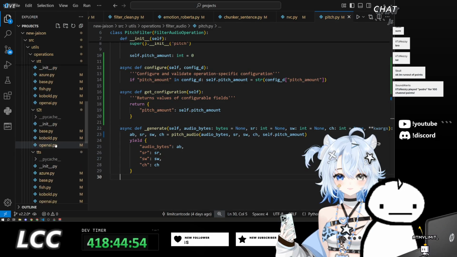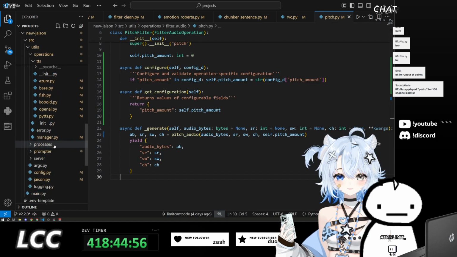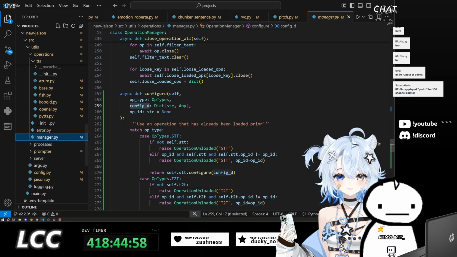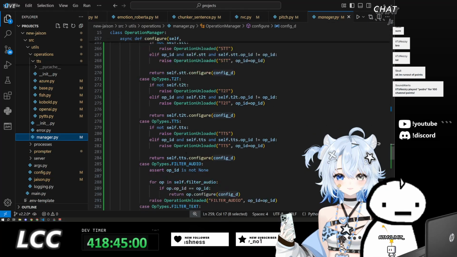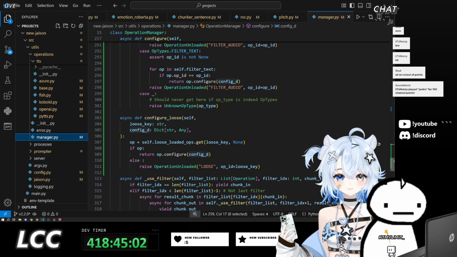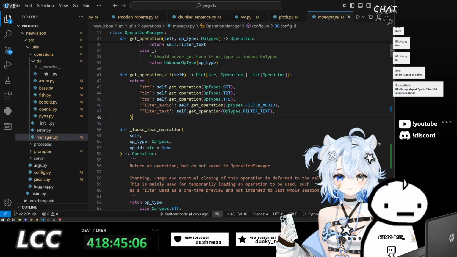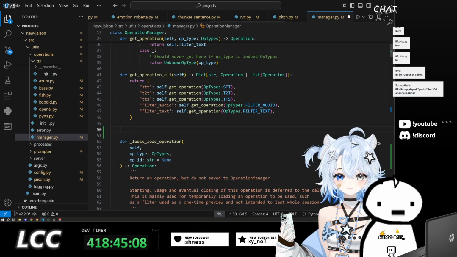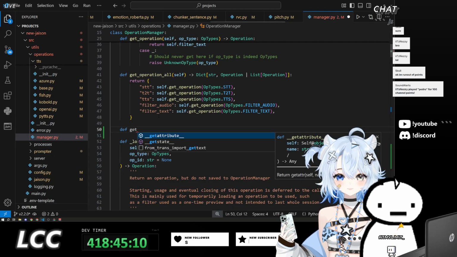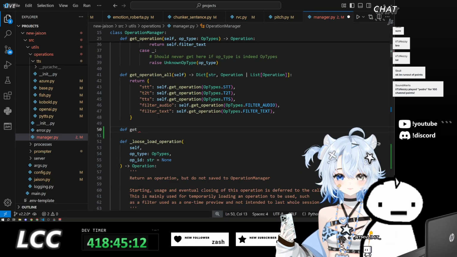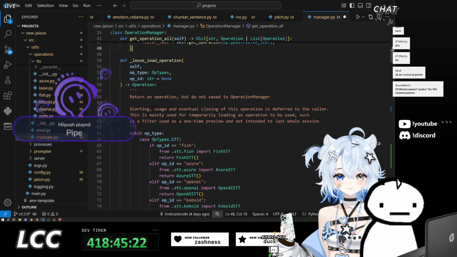There we go. Now I can come over to the manager and we can print out these configurations. So get configuration, all get. Then it an asynchronous.